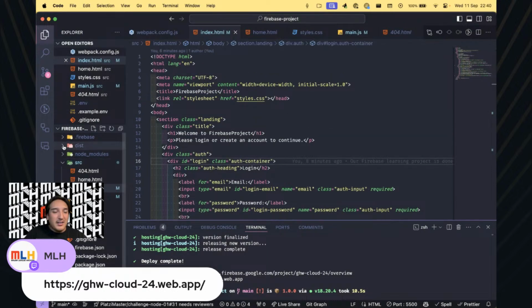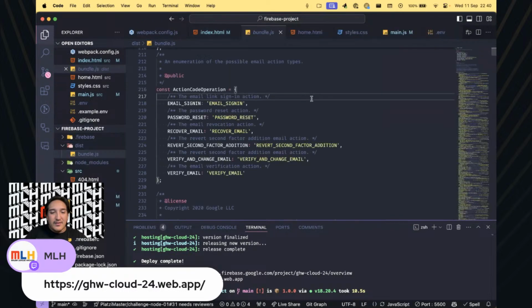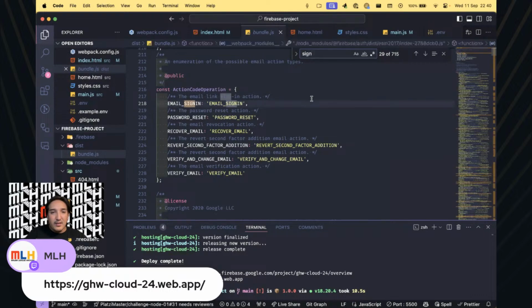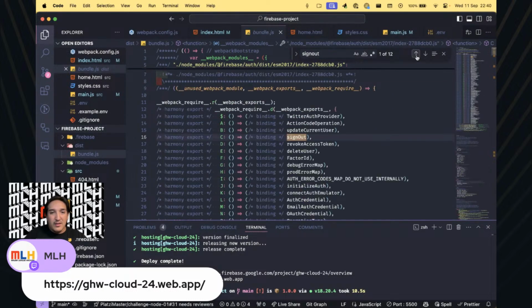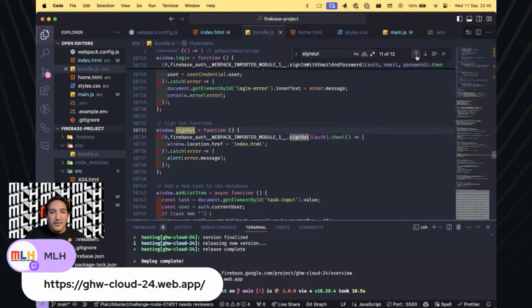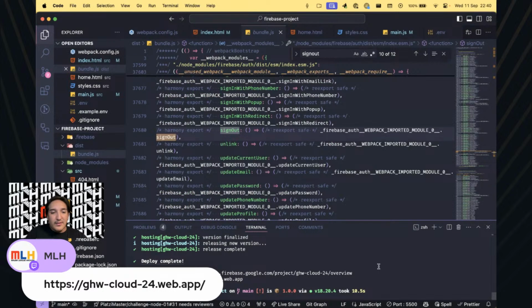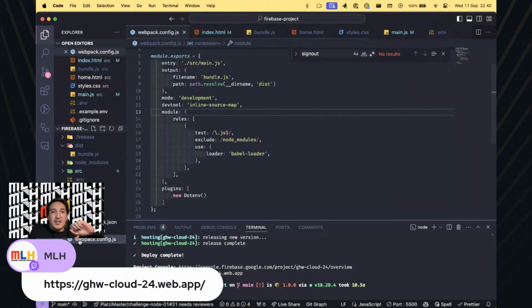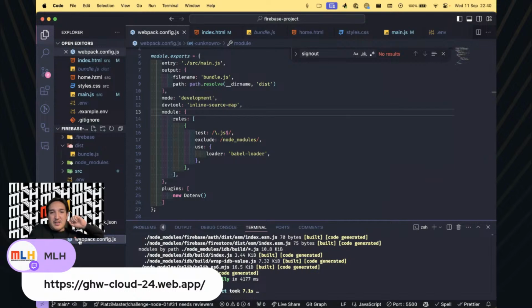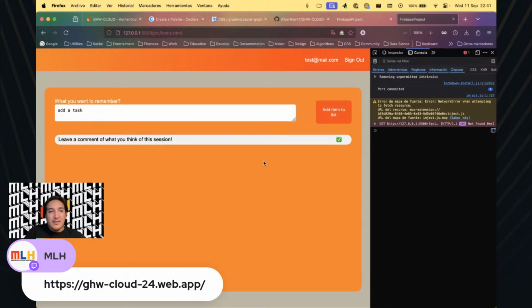Are we using the correct list? npx webpack, the webpack config. Okay,